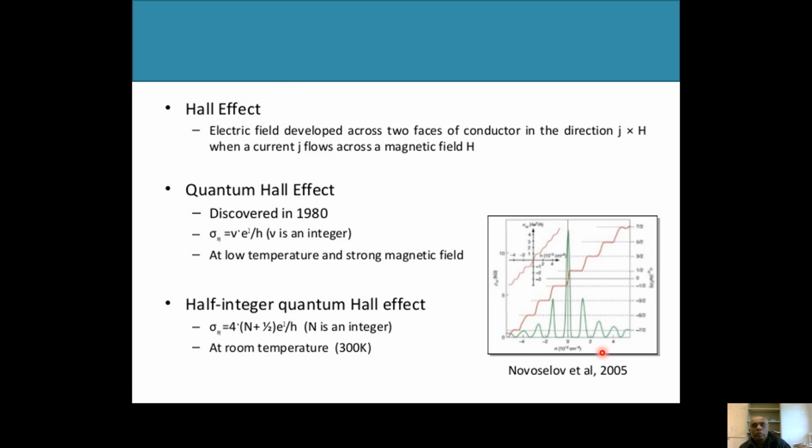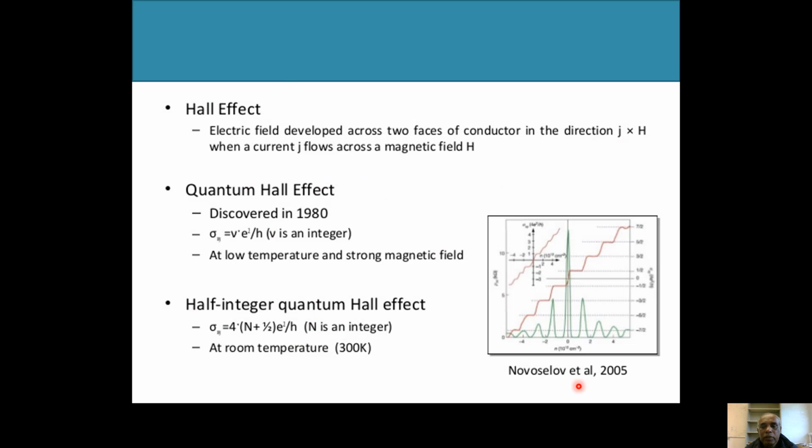Okay, so when we talk about the Hall effect as a new order, we already talked about how the Hall effect comes from this simple picture. Classically, if you have a current of electrons moving and we apply a magnetic field, we have a transverse Hall voltage. That's the classical Hall effect. But in the 1980s, they discovered the quantum Hall effect, where we saw these plateaus and peaks.